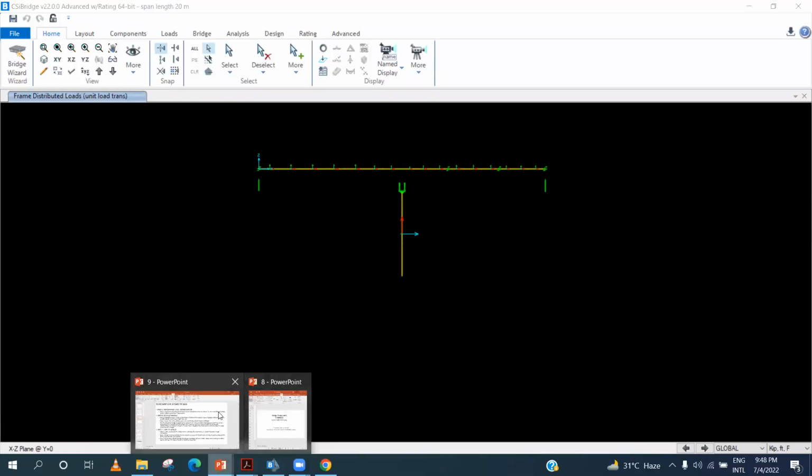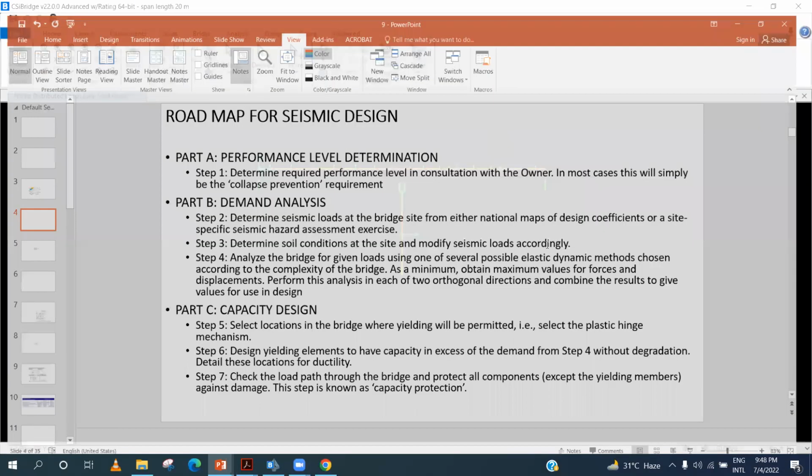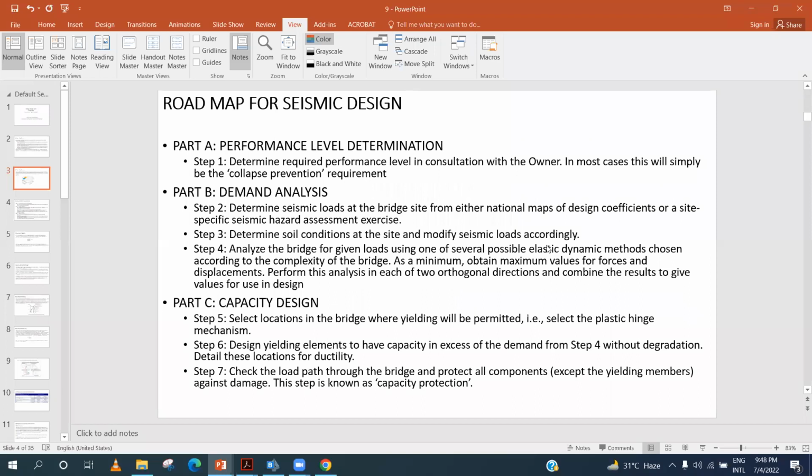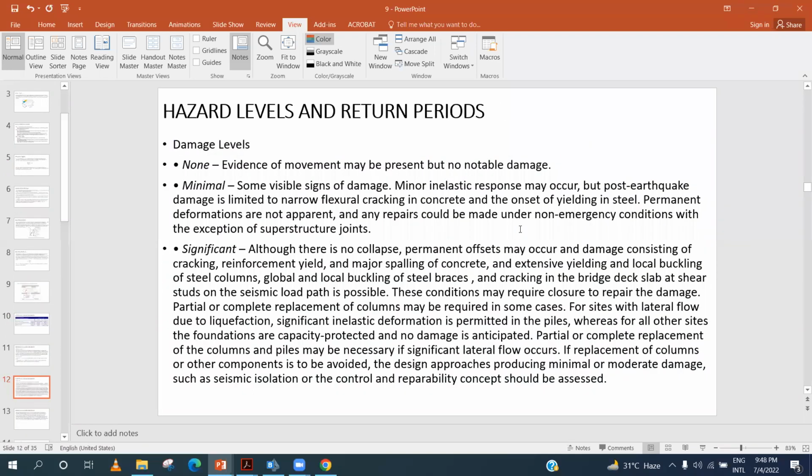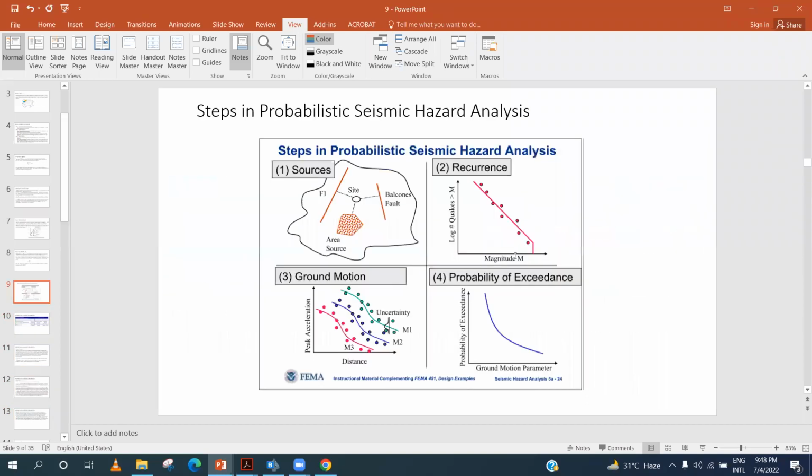So as I told you, the code recommends different types of elastic analysis techniques. One is the response spectrum analysis. One thing more that I should emphasize